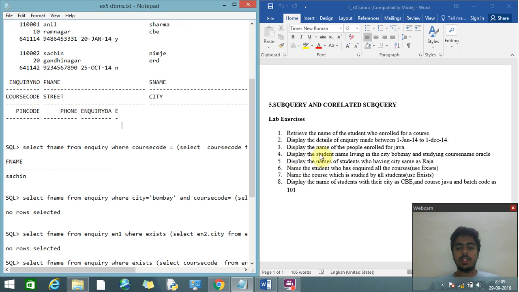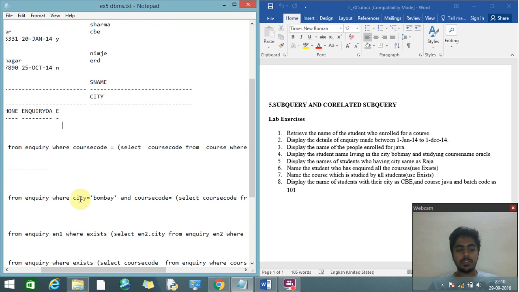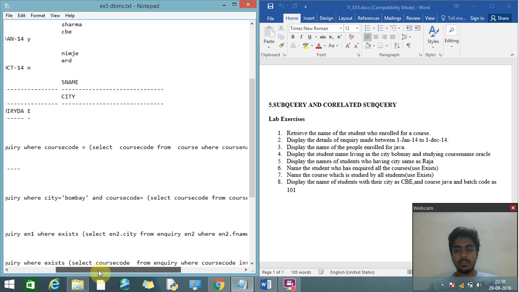The next instruction is to display the student name living in the city Bombay and studying the course Oracle. I will select the first name from inquiry where city is Bombay, and is a keyword, so the person is living in Bombay and also studying the course.